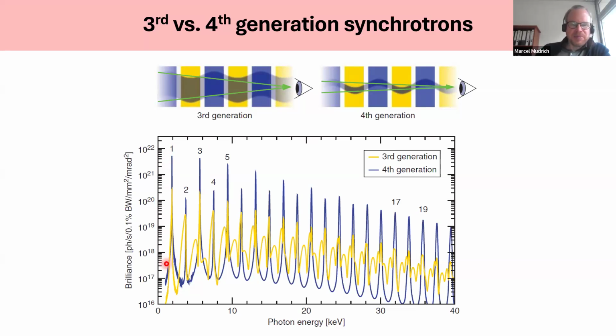Remember, this is all due to constructive and destructive interference of the partial beams emitted in every undulator period. So we get these orders of constructive interference, first order, second order, third order, very similar to interference